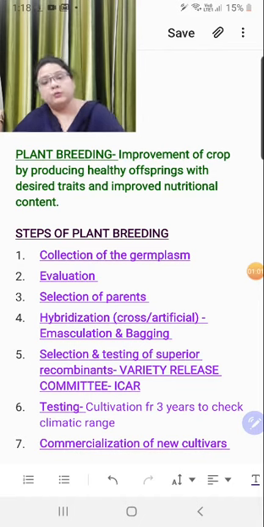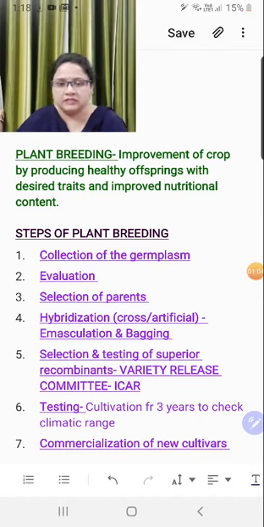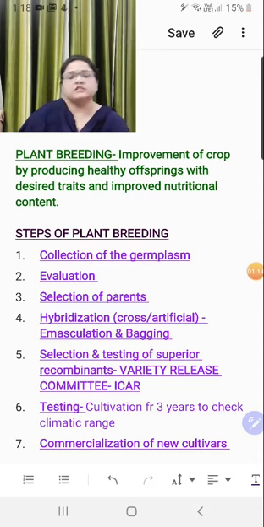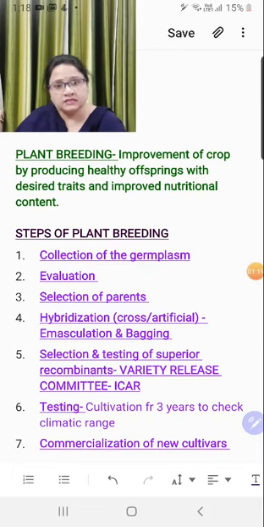Steps of plant breeding, a very important question. Rather, I would say the headings that I have written here, if you can learn them out, this will solve all your problems. Let me tell you, heading and explanation format is followed here, and basically the headings are important, the explanation goes as formality. So if you explain each and every point in 2 lines fulfilling the formality, you are going to get full marks in this. But the headings are important, so just learn them up anyhow and in the sequence, right?